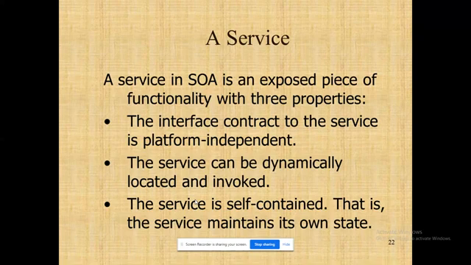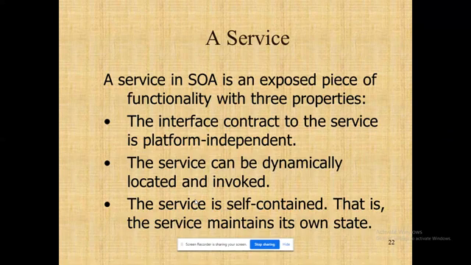For example, in the consumer place, what we will do. See, if I'm going to use Kotlin, irrespective of whether my app is in Java or based on C# or any other platform, Kotlin is ready to deploy on any base, right? It won't restrict on that. The service can be dynamically located and invoked.